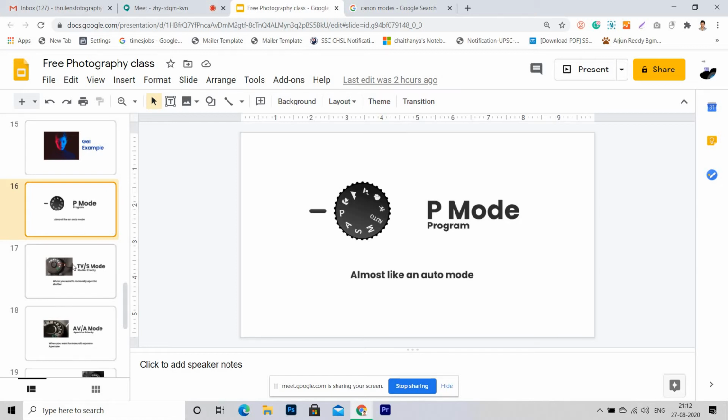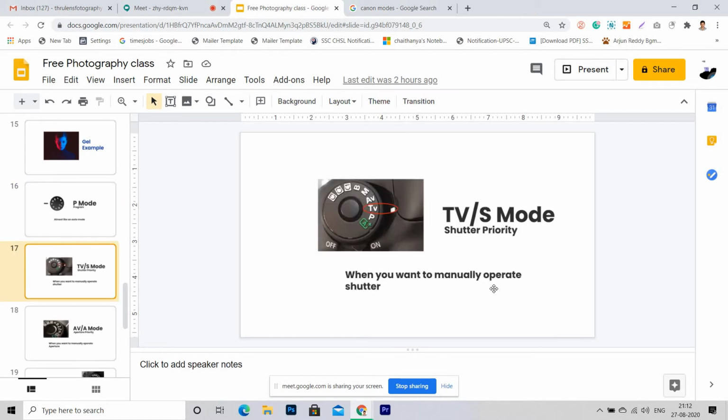Let's talk about TV or S mode. S is shutter. TV also, it's like time value mode. So what is shutter priority? Shutter priority means you are giving more priority for shutter. So except shutter, rest will be fixed. Basically rest means other functionality other than ISO or something.